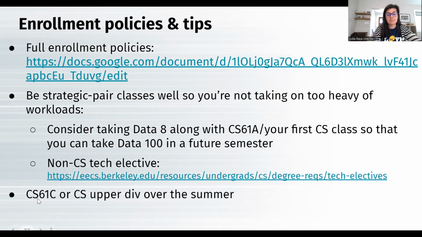And then another option when you're planning your schedule is thinking about next summer. A lot of students obviously want to intern, but the first summer after you transfer can be hard to find an internship just because maybe you haven't taken enough classes yet. So if you don't get an internship, a backup plan could be to take 61C or a CS upper division class that we offer, so that you're making good progress and able to balance your load better during the fall and the spring.